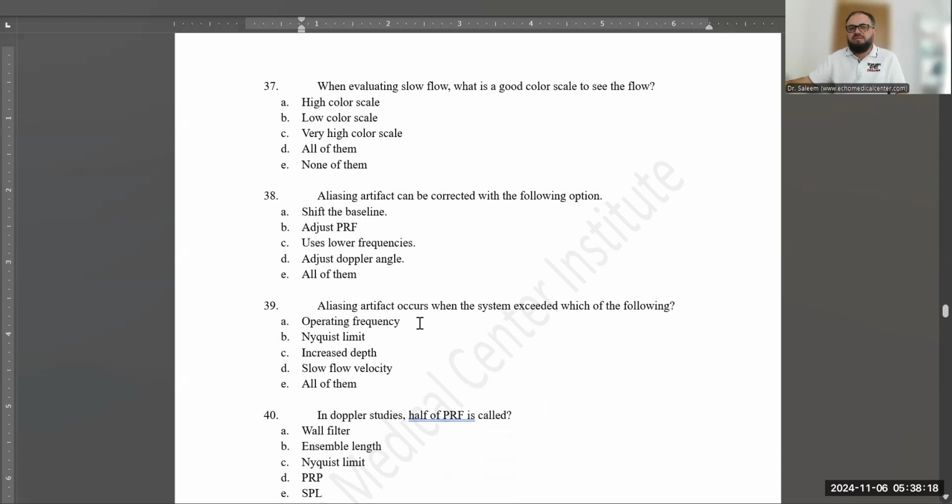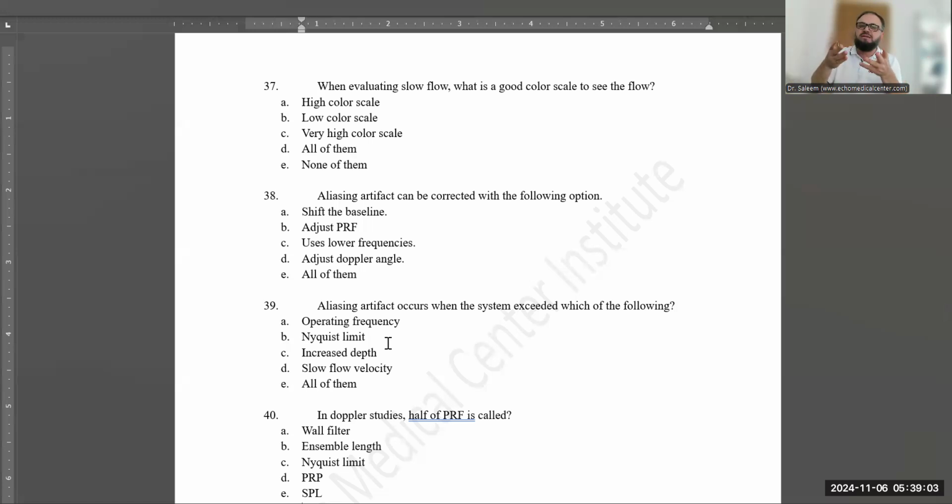Okay, next. Aliasing artifact occurs when the system exceeds which of the following? When we get this aliasing artifact, which of the following is happening? Is it operating frequency exceeded? Is it Nyquist limit exceeded? Is it increased depth? Is it a slow flow velocity? All of the above. Yes, B is the correct answer. When the Nyquist limit is exceeded, you have a small room for the scale, but the flow is very high speed flow. So you have to increase your